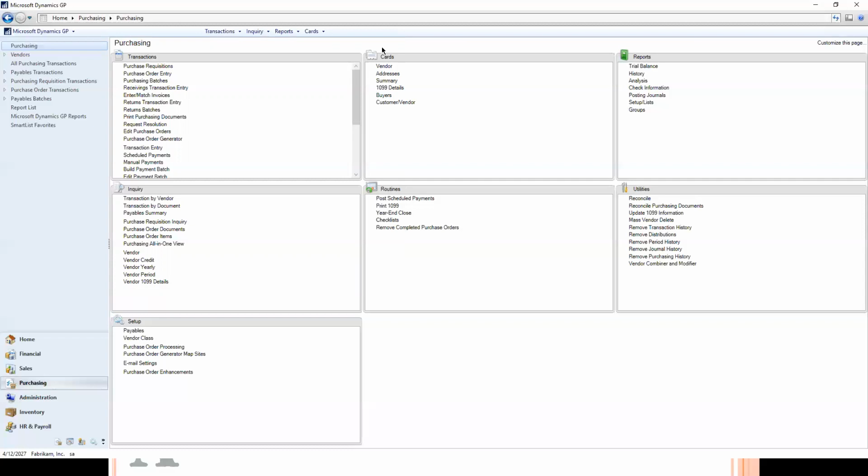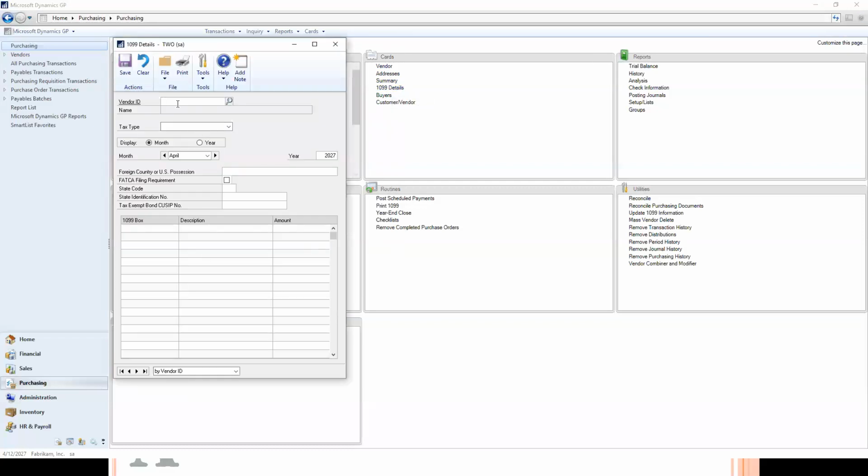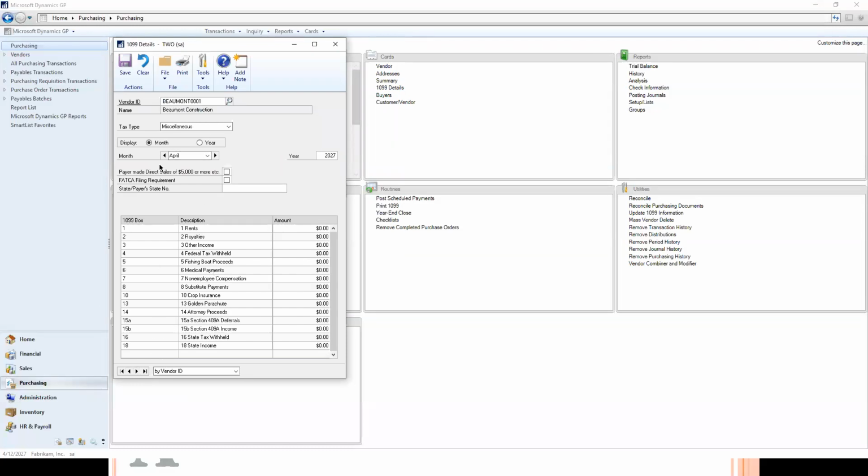to fix those, and you could do it either manually, just jumping into cards 1099 details and pulling up that vendor like I did with Beaumont, and just saying, oh, in March I paid him X dollars and this was the amount, and I can fill that in manually. Or